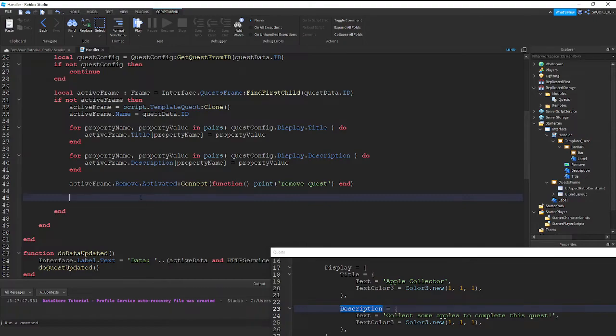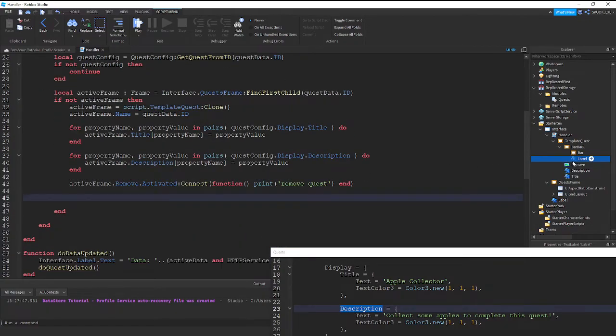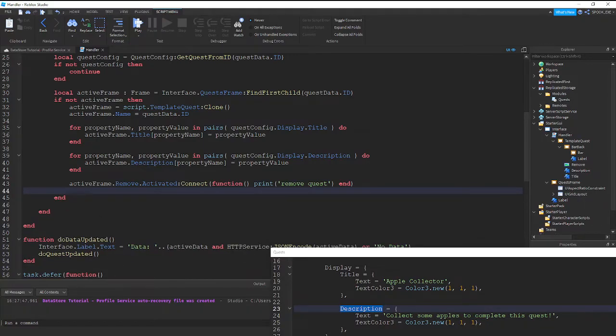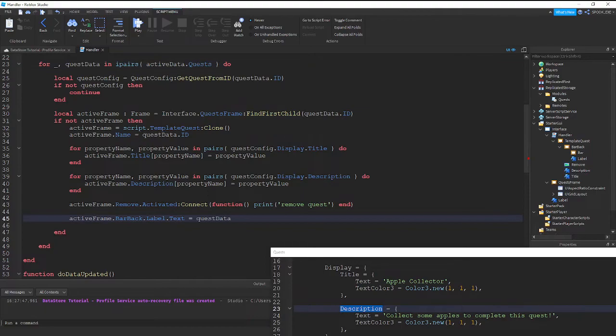The bar, I would actually just change the label for now. We'll have a separate loop to update all the bars. All the frames are still there. Actually no, that'll come second, but I'll show you that. So here what we want to do is active frame.bar back.label.text equals the quest data's contributions, then dot dot, out of, dot dot